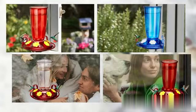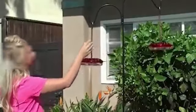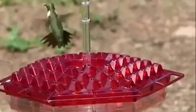The Perky-Pet 9111-1SR Cactus Feeder is specifically tailored to cater to hummingbirds, offering them a reliable source of nectar. The flexibility,